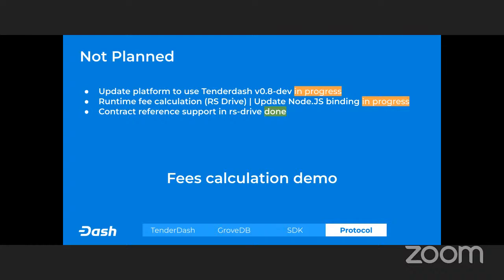A few issues have already been fixed, like Dashmate side of things with configuration files for TenderDash, as well as message parsing, since it's been updated. However, we're still figuring out issues with running those two together on local DevNets. And that's basically it, I guess. So I should pass my torch to Sam.